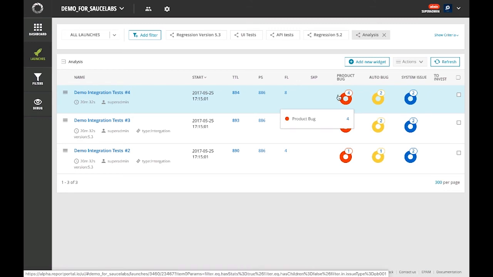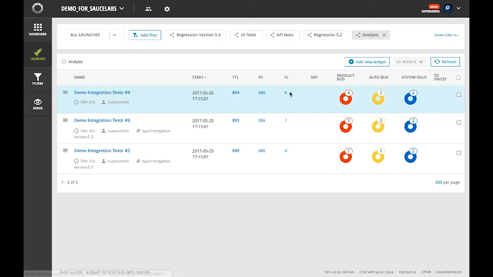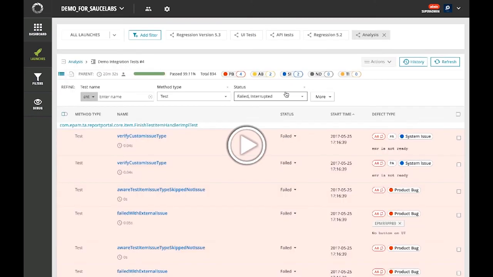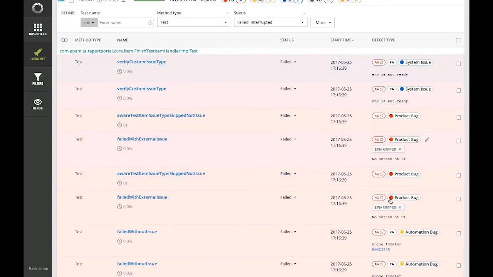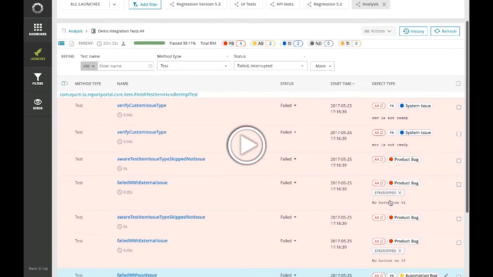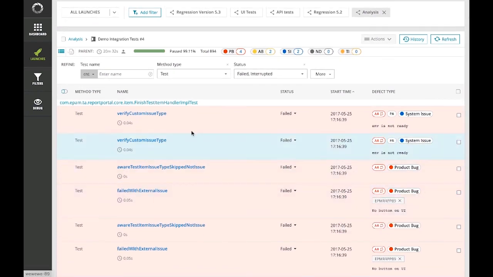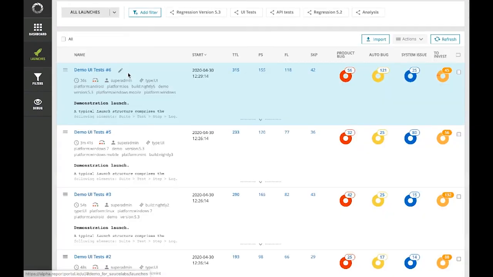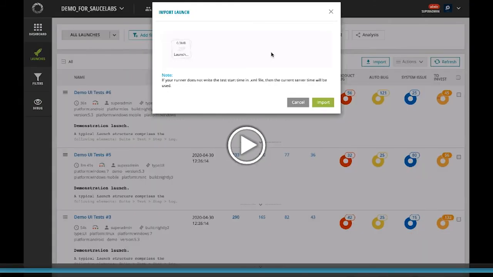And now we see that all fails were categorized according to the reason of the fails. And we have one more product bug that appeared within this execution. If we go down to those failed test cases, we will see that it is the same reason for the fail with the same bug which is attached within the